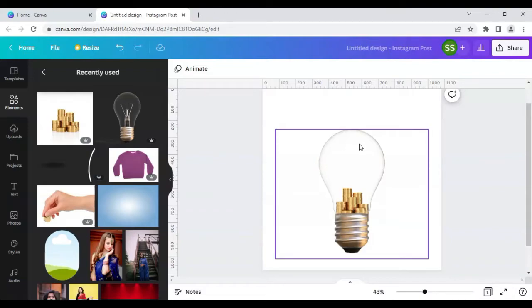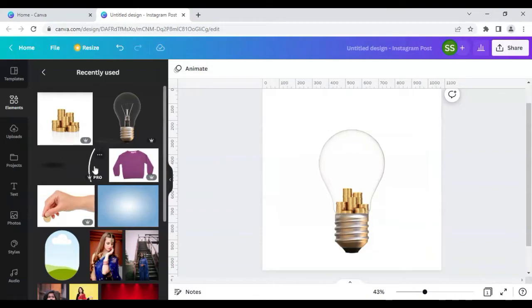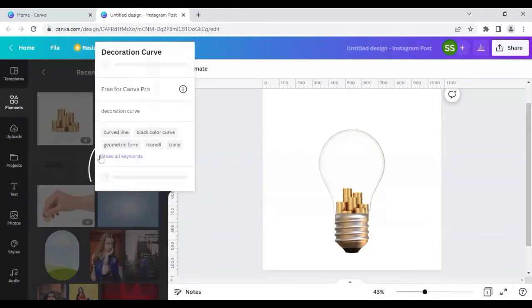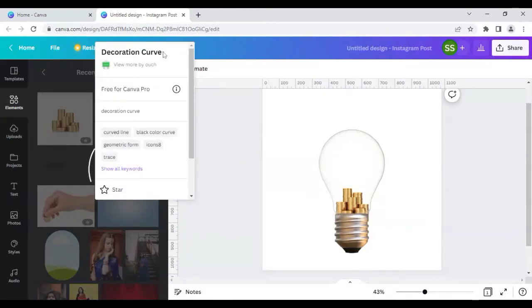a hole effect right here, so that I can dip the coins or what is present in the piggy bank. I will try to do a similar thing here. For that I will be using this element, which is, as you can see, a decoration curve, or you can search by these keywords: curved line, black color curve, or geometric form. So let's click on it,